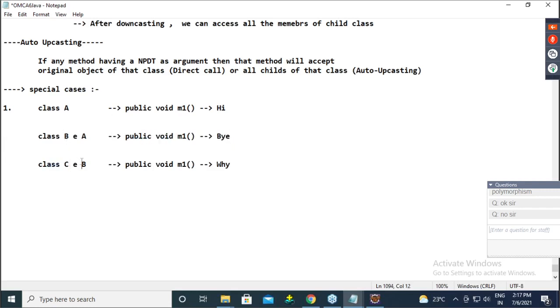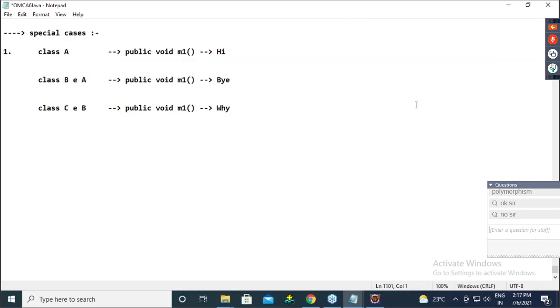Class C extends B, meaning C is a child of B, having again the M1 method, meaning again overriding, with the implementation of Y. Is everyone clear with this setup?